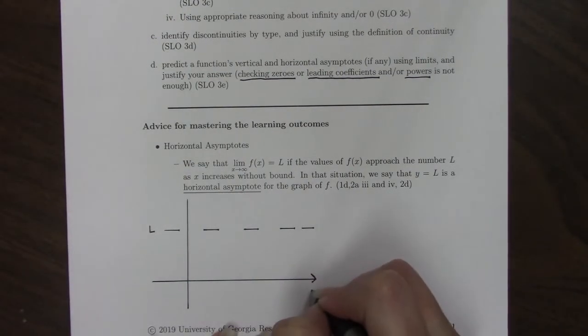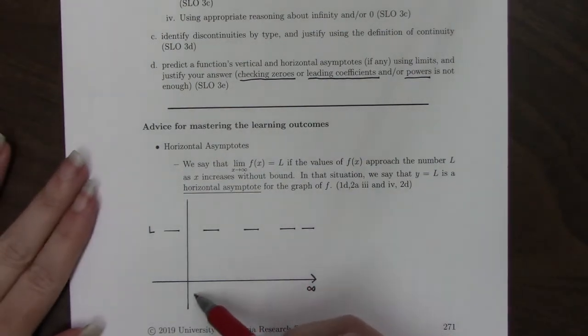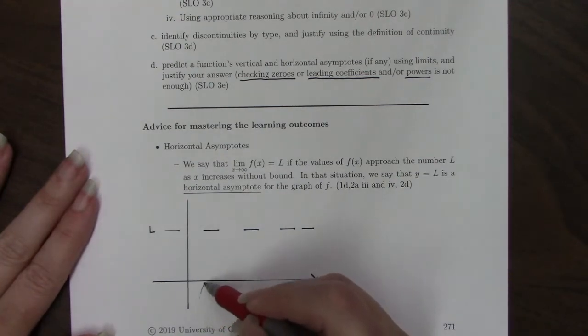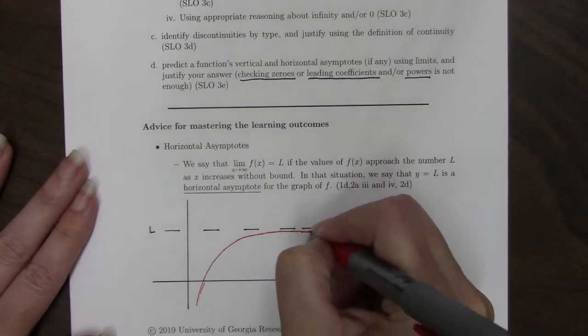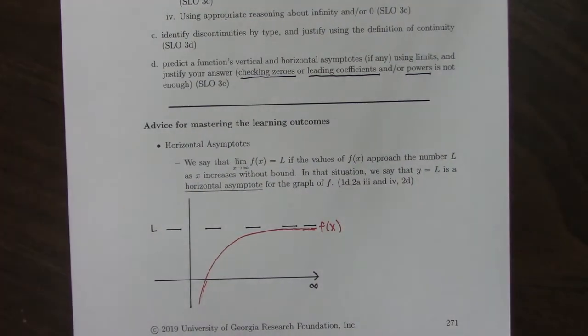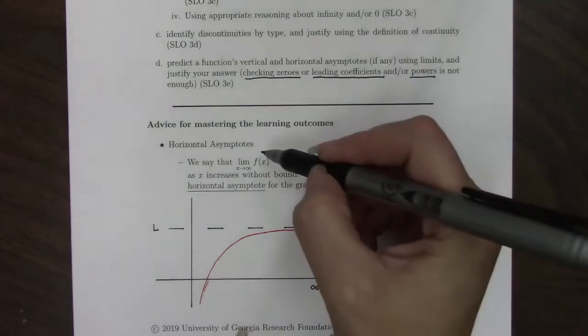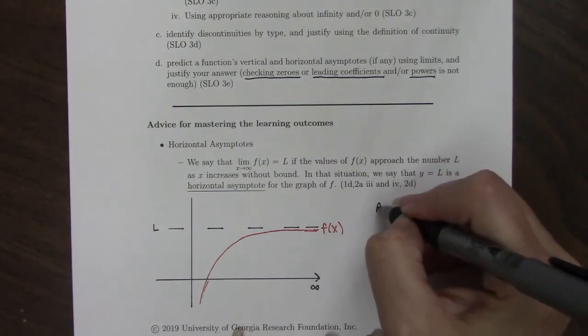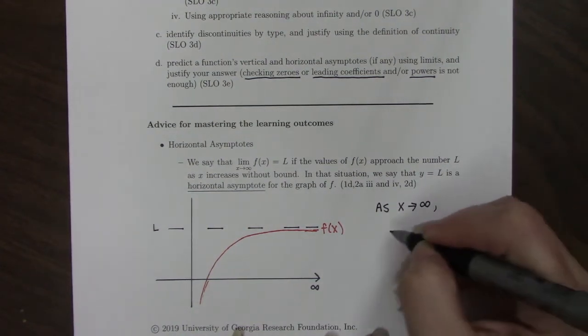So positive infinity is the right side of our graph. And the graph, excuse me, is going to approach this line L but never cross it on the right side. So this is what a graph f of x with a horizontal asymptote at y equals L might look like. There are a couple different variations. But what we want to make sure we understand about this notation is that as x approaches positive infinity,